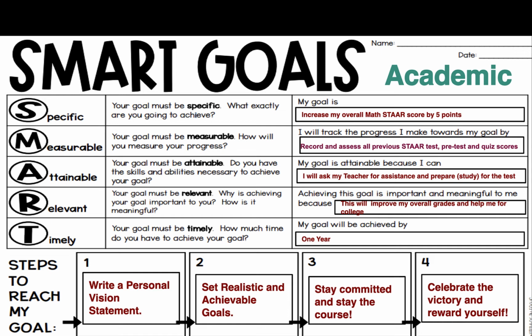You're going to start in the beginning, and you're going to evaluate and assess yourself throughout the year up until the final STAR test that you'll take at the end of the year. Steps to reach your goal. Like I said, you're going to first and foremost evaluate and assess your previous scores, but then you're going to start off and write a personal vision statement based off of your previous scores and where you want to go